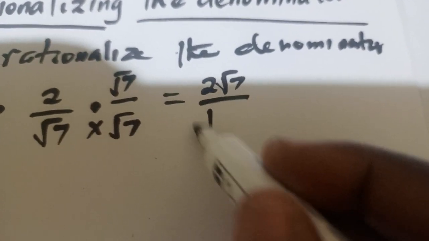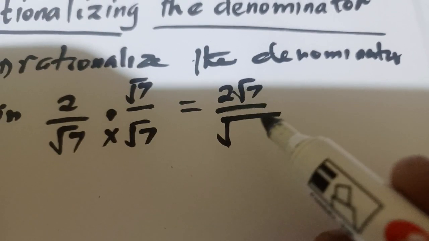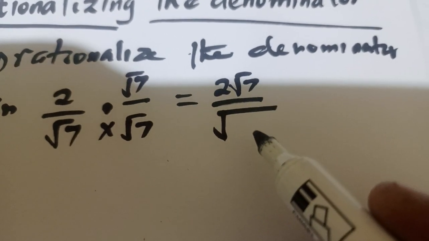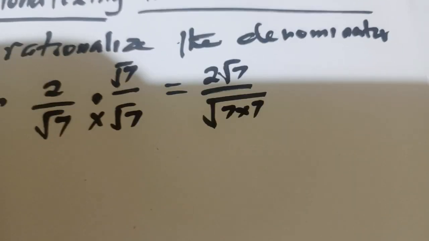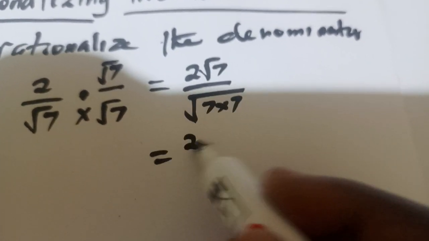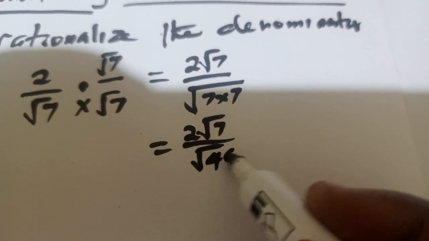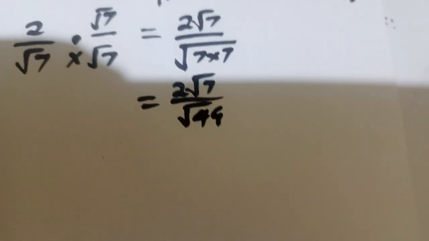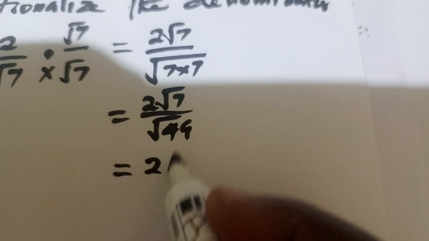And then look at this. We said when you're multiplying surds, as long as they're of the same order, you can multiply the numbers under the radical, as you can see here. And this is the same as 2 root 7 over root 49. And we know that 49 is a perfect square. So our answer here is 2 root 7